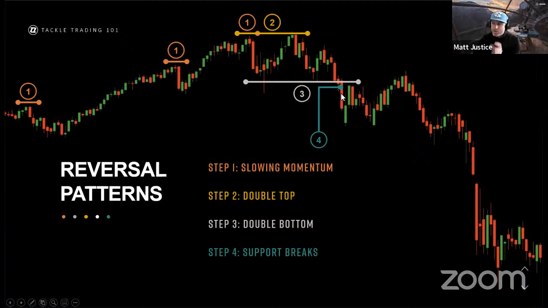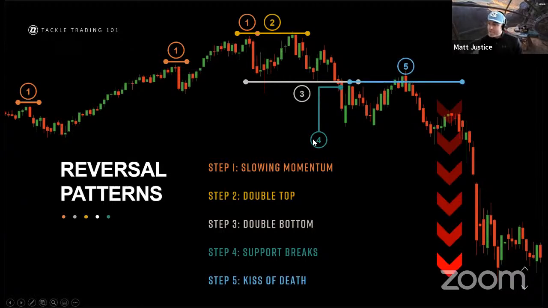The last step, though, is very important, and it's not necessarily part of the reversal. It's just one of the most powerful bearish or most powerful bullish formations you can see in the market. And that would be step 5, otherwise known as the kiss of death in a bearish downtrend, which is the first level of resistance that actually contracts here. And so you see the market establish a lower low, trade back into the lower high, confirming against the old support, now new resistance. And you see what transpires after that is that tremendous downward movement in price, lower, lower, lower, lower,